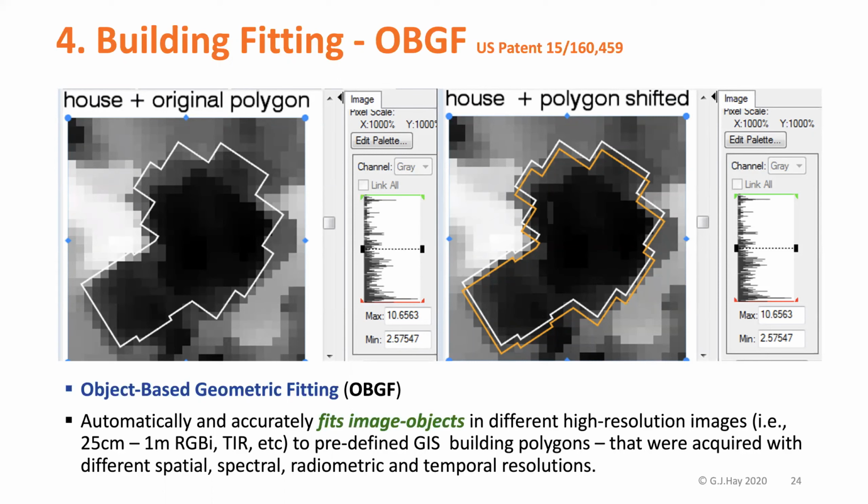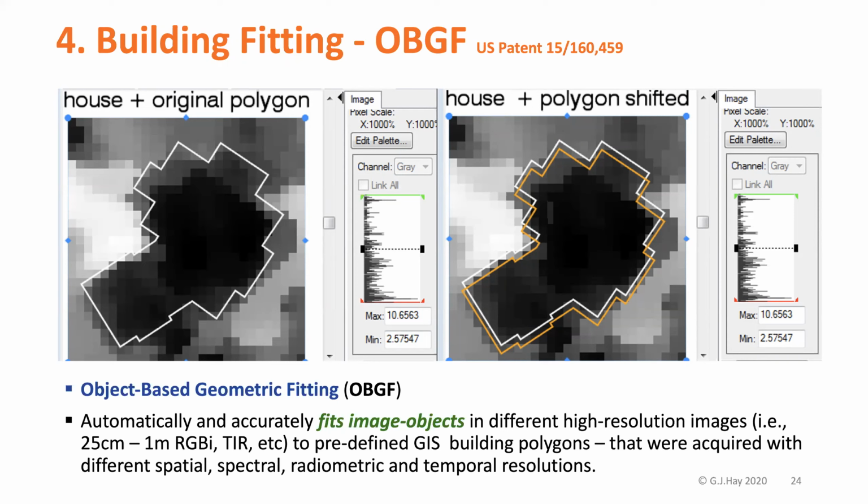But what we realized is that there were problems. The polygons that we were getting were either free and open source, and we're talking about hundreds of thousands to millions of polygons now, or they were provided by the city, but the city didn't acquire them from a thermal sensor. It usually acquired them from a high resolution red, green, blue true color sensor. And so the polygons, while they fit pretty well because we've geometrically corrected them and we've got 25 to 50 centimeter data,